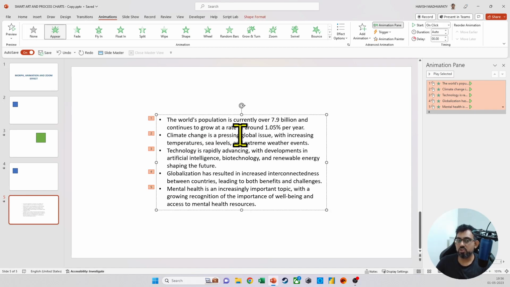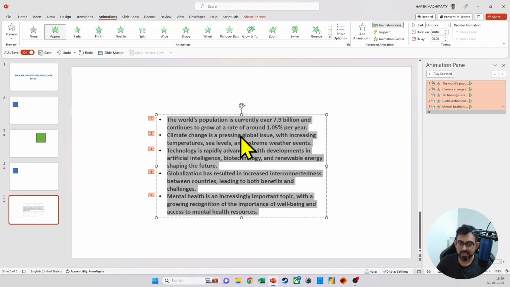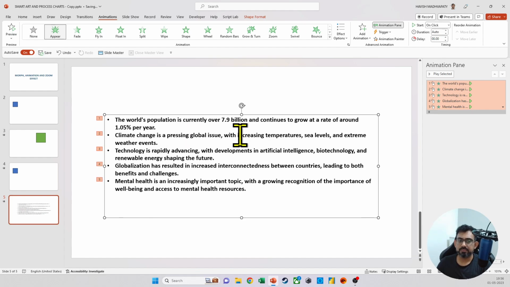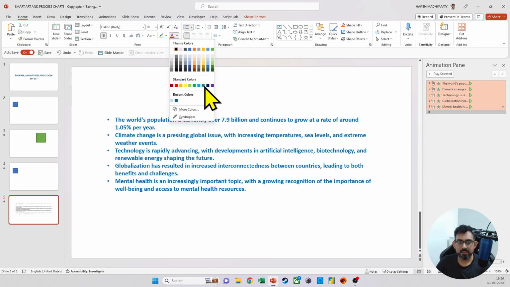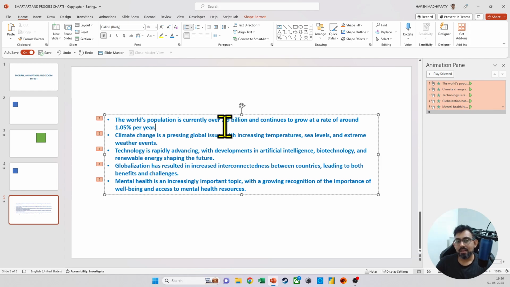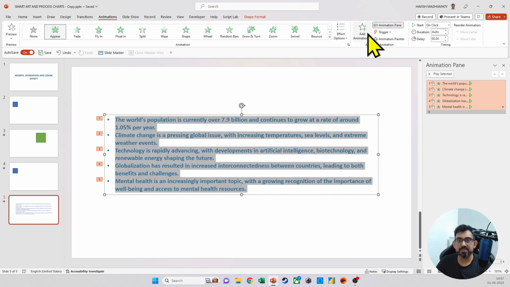But we also want to change the color. So maybe we want to start with a black color, and we'll in fact change that from black to something else. Let's make it a blue like this. And the idea here is that after the first point appears, the next one will come, but the first one should become de-highlighted. It should become a little gray in color, for example. So I will again select all the 4 points, and on animations, we will say